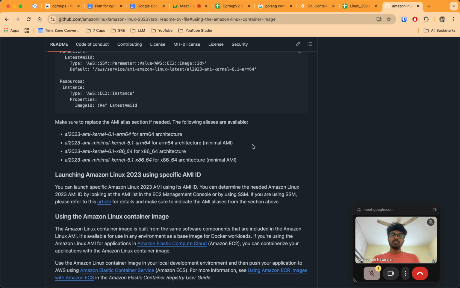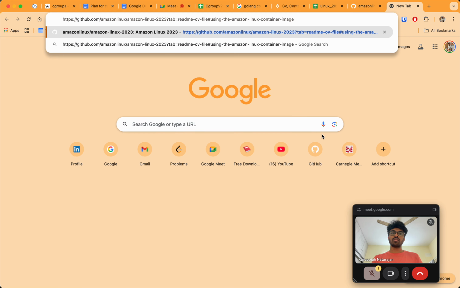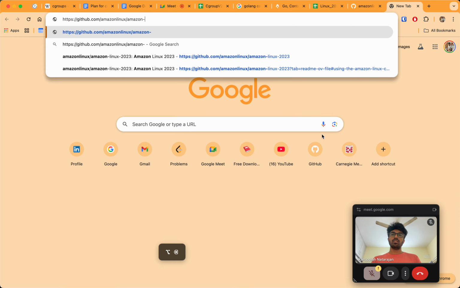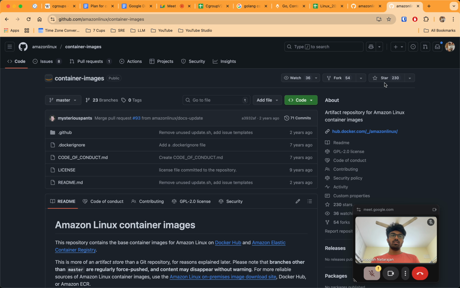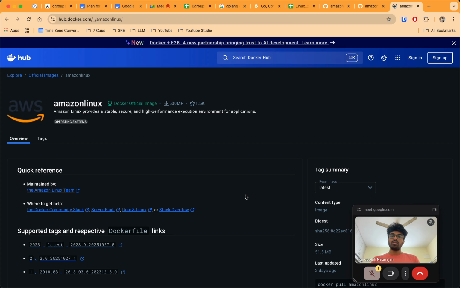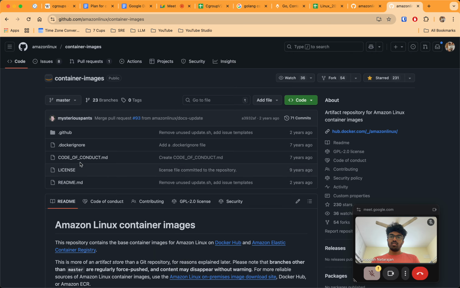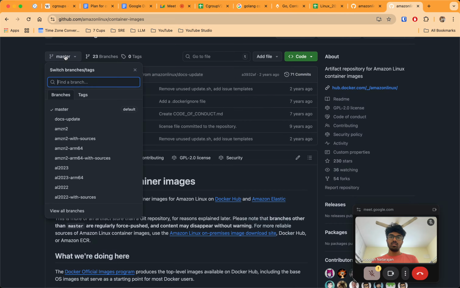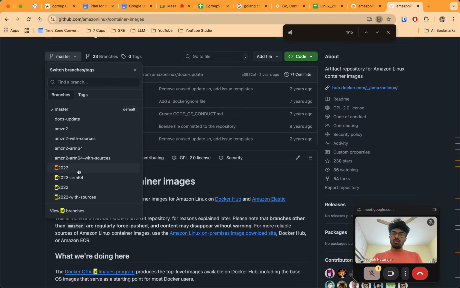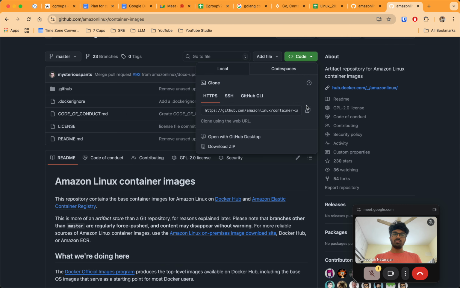So actually this is one of the things that you can see in their org, that they have container images. I'll just get these. It's also here. So if we look at the Dockerfile, I think we should find out where is what is where and all that. AL 2023 ARM64. Okay, let's get this one out.